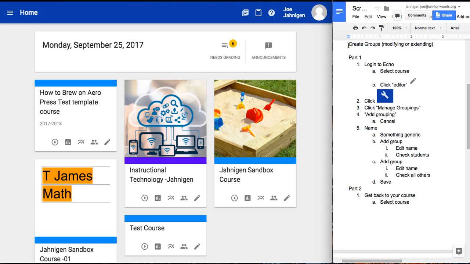This is a lesson on how to create groups inside of Echo. This is going to be for making modifications, accommodations for students, or extending, or just creating separate lessons for different groups in your classroom. All right, part one, we're going to log in, select your course, get to the editor,